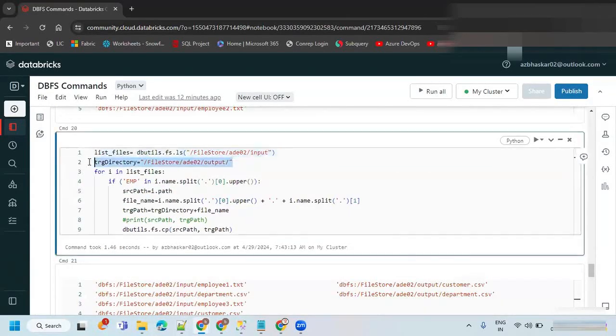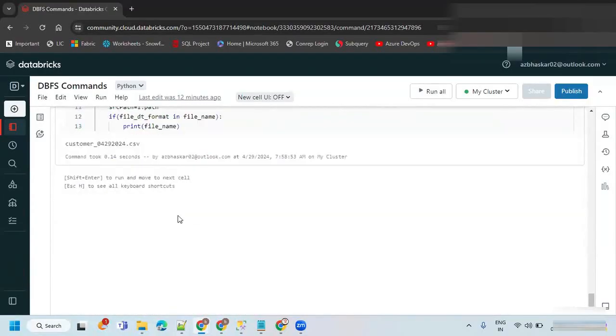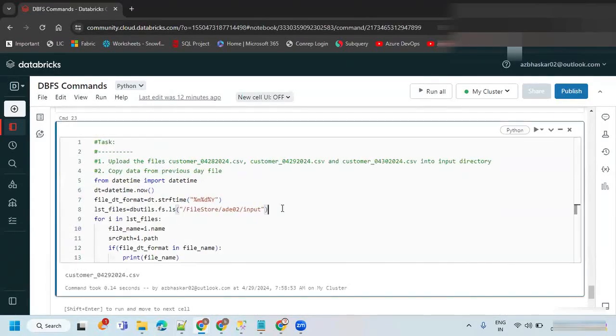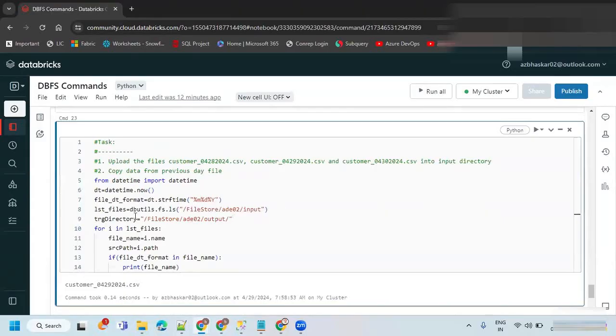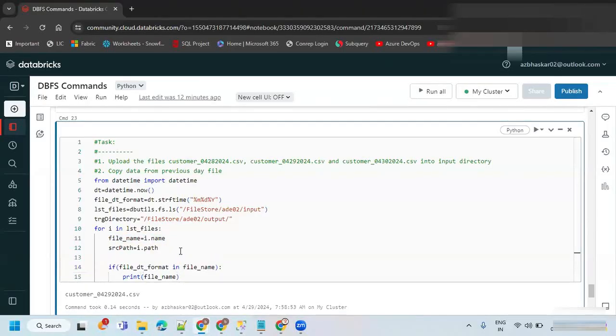And let's keep the source directory also, and a target directory. The source path is where files are available. I'm just going to take this source directory inside this if block.